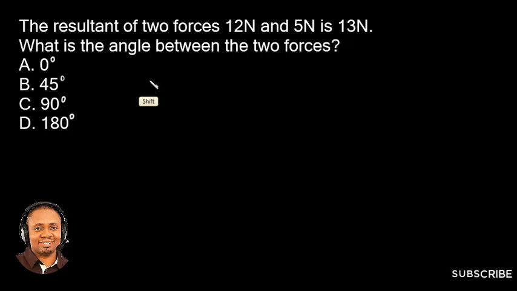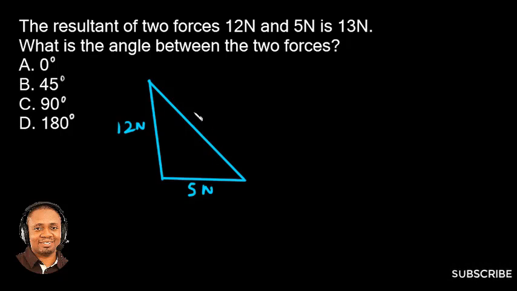Okay, so let us quickly take a look. We don't know what the angle between the two forces is, so that's what we want to find out. So this is the resultant. This is 12N and this is 5N, while this is 13N. So we have to find this angle right here. Merely looking at this triangle, this reminds us of the